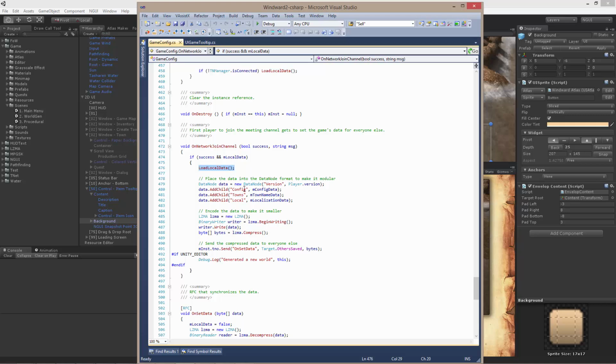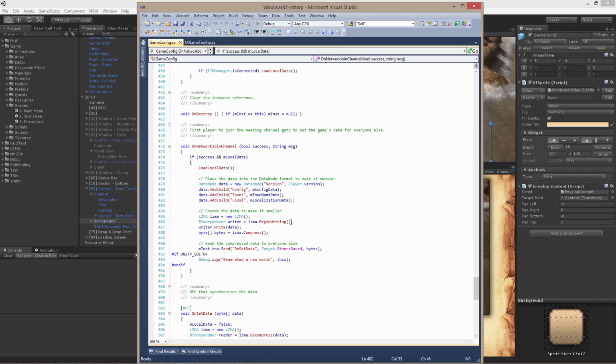And then I will put everything into a data node structure. Data node is a hierarchical structure, like something you see in a hierarchy window can be a data node, for example. There's just a bunch of values that have children, that have their own values, and so on and so forth. The idea is quite simple. Anyway, I put everything into a data node,